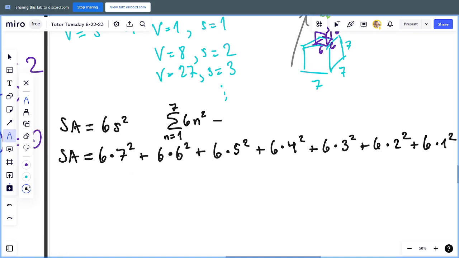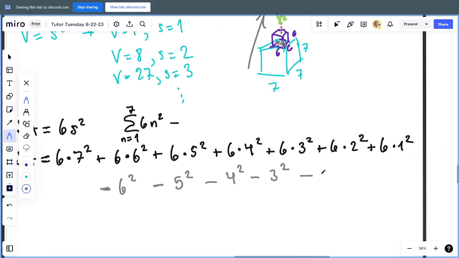Let me do it in gray. Minus 6 squared. That's going to be that bottom face of the 6 by 6 by 6, that we're going to have to subtract because that's being obscured when it's laying on top of the 7 by 7 by 7. We also have to subtract off 5 squared, subtract off 4 squared, subtract off 3 squared, subtract off 2